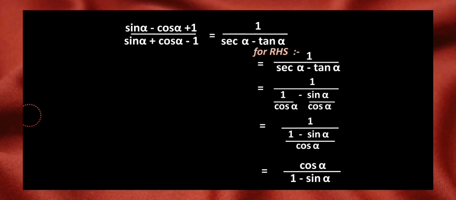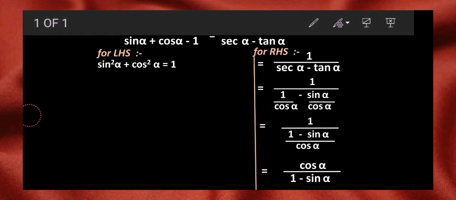Now let's focus on our LHS. The way I told you, LHS is a special pattern of sum. In this pattern we have a total of 6 terms in the question, and all the terms are from the identity itself. Sine and cos are in the identity, right, and even 1 is the result of that identity. So only those terms are utilized. This is the clue to identify this type of sum. So we begin with the identity written. Now observe what we have in the RHS here. We have cos alpha as a single term in the numerator, right?